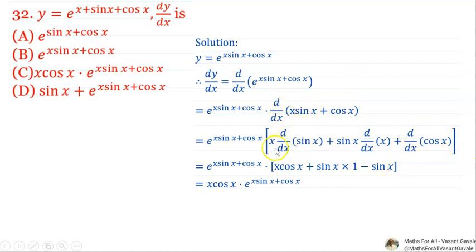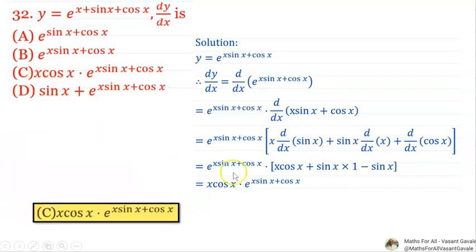For x into sin x we use the product rule here: x as it is, ddx of sin x is cos x, plus sin x as it is, derivative of x is 1, and hence you will get x cos x plus sin x, and derivative of cos x is minus sin x, and hence plus sin x minus sin x get cancelled and you will get x cos x, and overall you will get here x cos x into e raised to x sin x plus cos x, and that is the option C, which is the correct one. It is an easy question. Next,